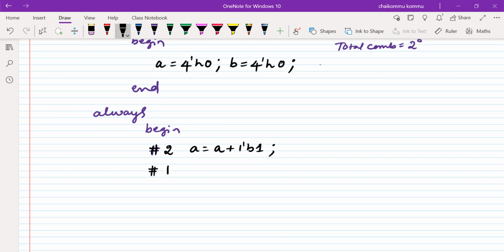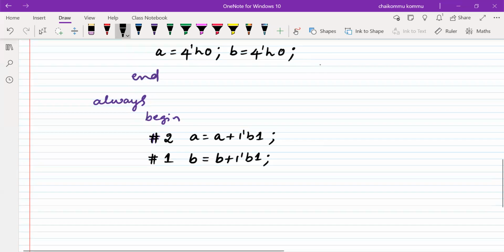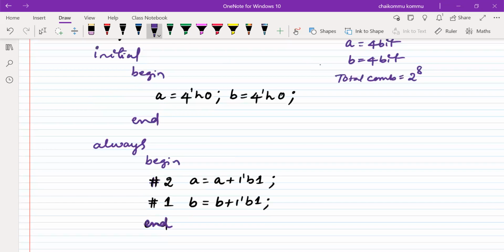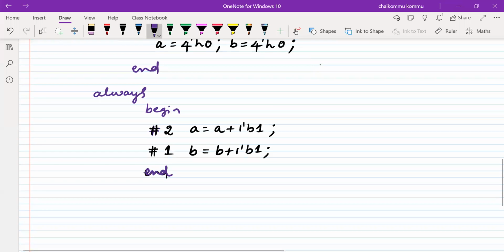Another 1 nanosecond, B is equal to B plus 1 bit of 1. That means initially B is equal to 0, and at 3 nanoseconds, B is modified by adding another one. So this block must be repeated all the time. One small modification: the initial block is meant for initializing A and B. Later on, the always block I'm using for repetition of the block. That's how I can do it.